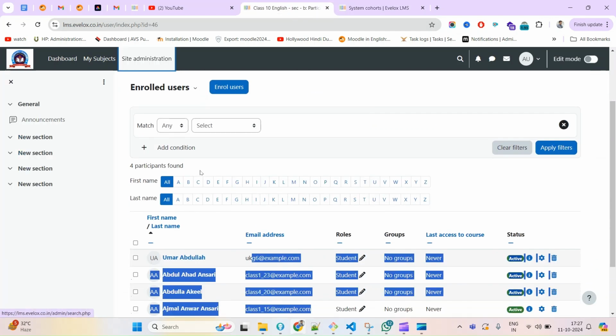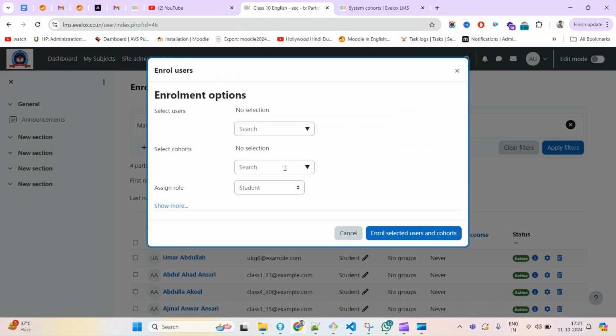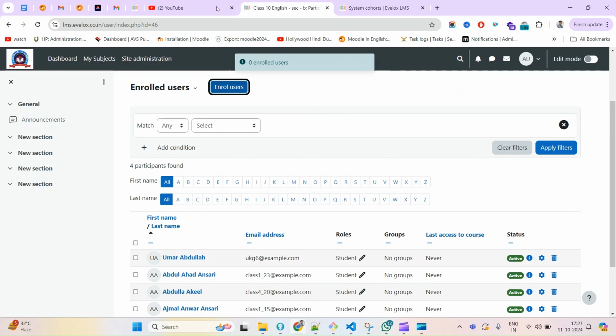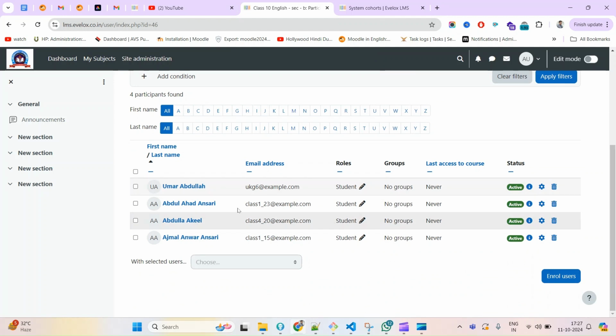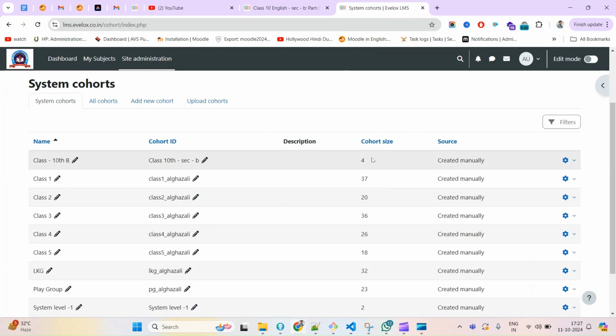And here, if I select that particular one, got it, enroll as a student. And if I enroll, it'll be enrolled. So 0, why? Because all 4 are already enrolled. In case I will add any additional user here,